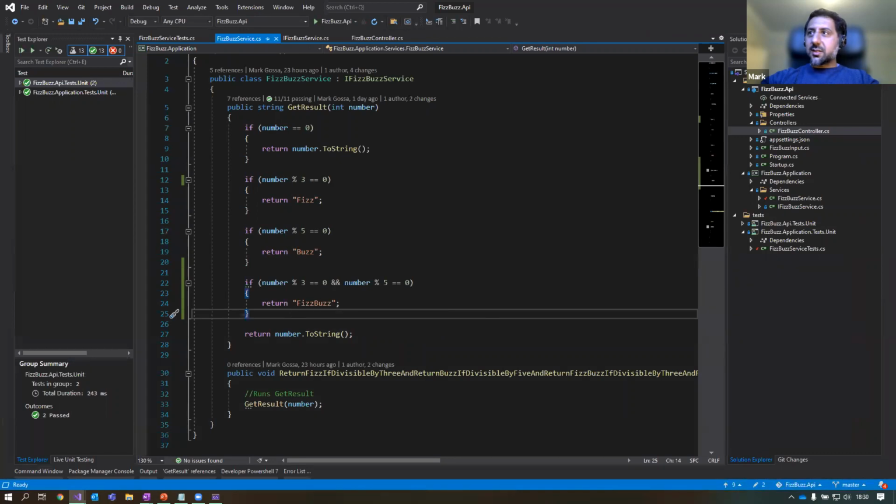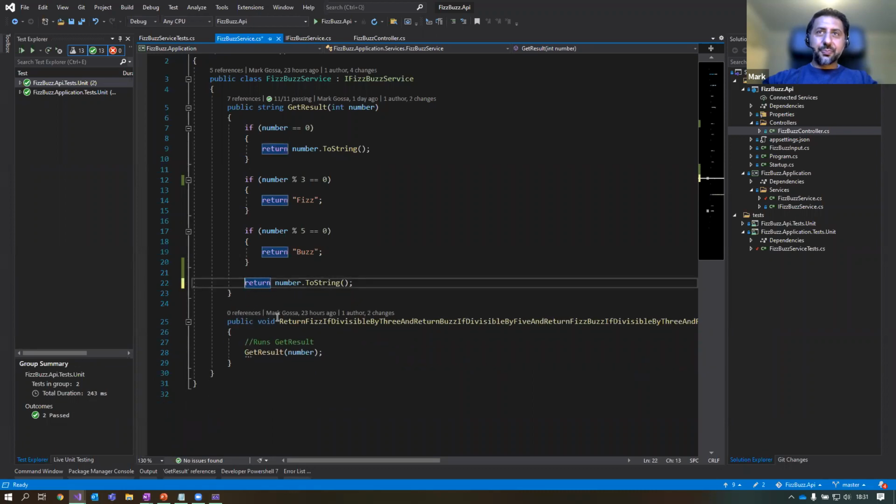So I could play around, I can move this up and down, and then I would have to debug it each time. So that's a bit tedious. So maybe we'll go with a different approach. So I'll just delete the code that I've just added. And let's try do it a different way. So I'll add a test instead.